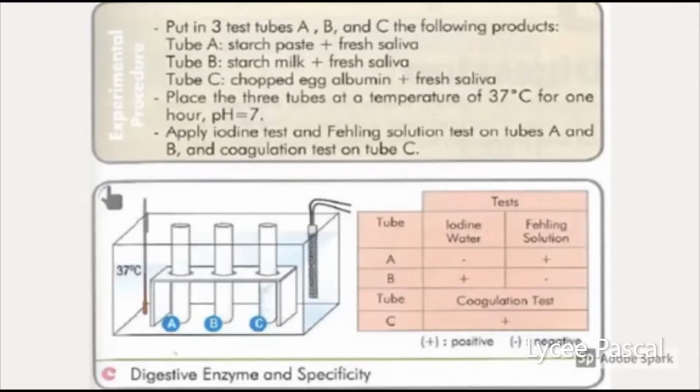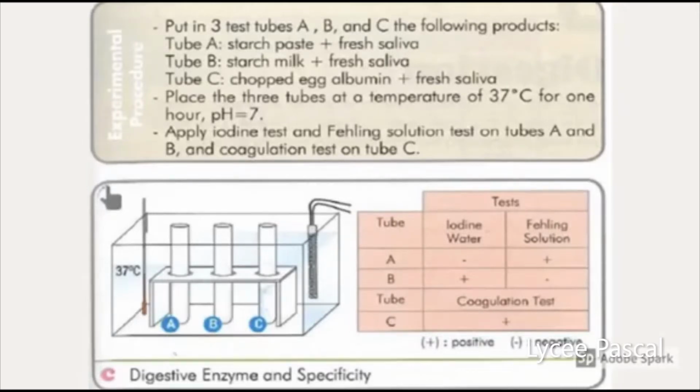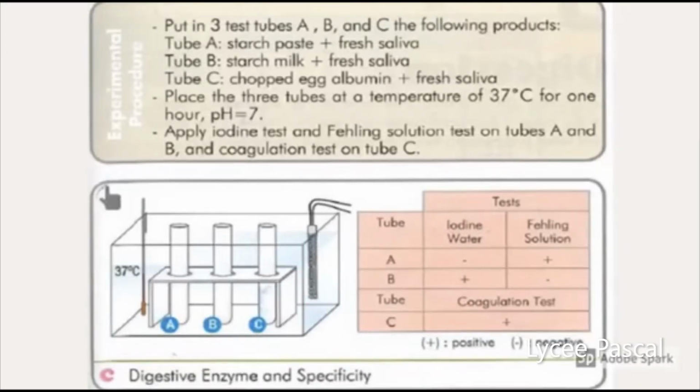We have 3 test tubes. In tube A, we have starch paste plus fresh saliva. In tube B, we have starch milk plus fresh saliva. In tube C, we have chopped egg albumin plus fresh saliva. We place the 3 test tubes in a water bath at 37 degrees Celsius for 1 hour with pH equal to 7. At the end of the experiment, we are going to apply the iodine test, the Fehling solution test,